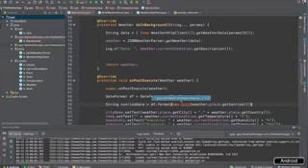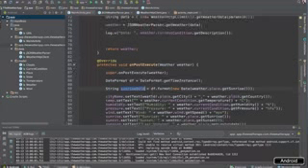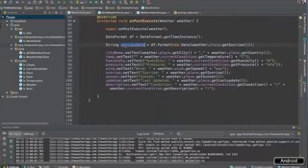Of course, Alt+Enter to get our date. So make sure you import that date there. So enter, perfect. Now that we have this string here all formatted, we can copy that and go to our